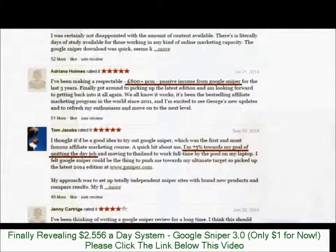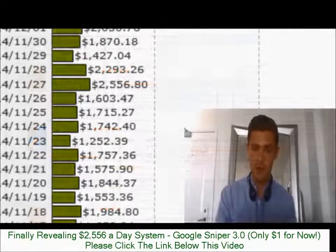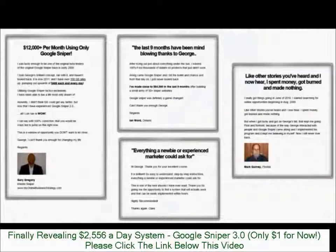I'm going to put them up on screen right now, and you can see just some of the success stories we've had of people that have come in to Sniper. You can see there's a few here now. What I'm going to do is put a whole bunch on screen. I'm going to put some people that are genuinely making a lot of money, a serious income, and I'm also going to put on screen so you can